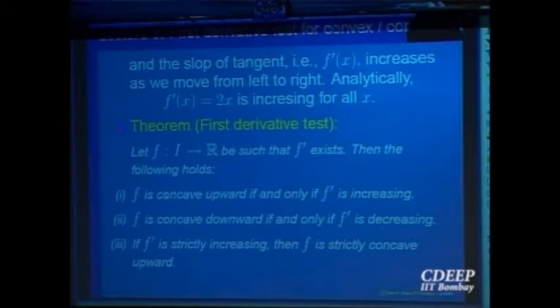So both the results, concave up or down if and only if f prime increasing. But if you want to say strictly, if f prime is strictly increasing, then you can conclude that f is strictly concave up. And similarly, if f prime is strictly decreasing, then f is strictly concave down. Right? Both these results, keep in mind, are only one way. F prime strictly increasing implies f is strictly concave. These are sufficient conditions only, and may not be necessary. So this result we'll assume. This is the first derivative test we are going to assume.